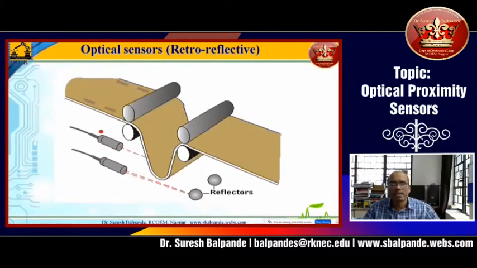So you can see this is an application of an optical sensor, and this is especially a retroreflective. This is some sort of conveyor belt type of arrangement, and then there is a paper roll or some roll, whatever the material is in general, and this roll is continuously moving on the conveyor, and you will have this interruption continuously. Sometimes both are interrupted, sometimes a single one is refracted, and like that. There are such applications like cloth and all, textile mills. So you can use these kinds of sensors for detection of objects which are non-conducting.